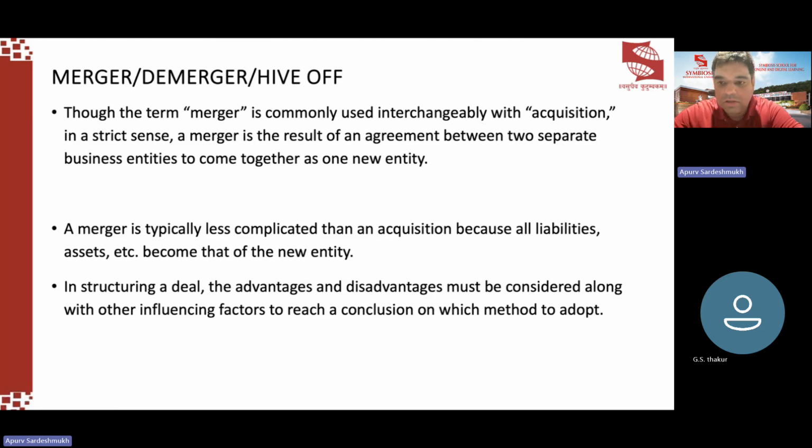Okay. Merger, demerger, hive off is another way of restructuring your